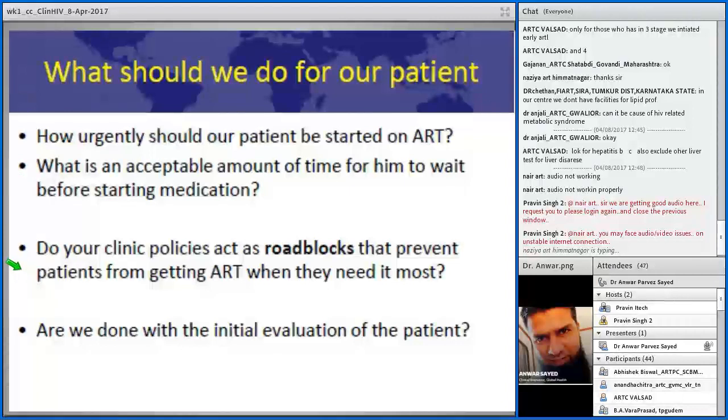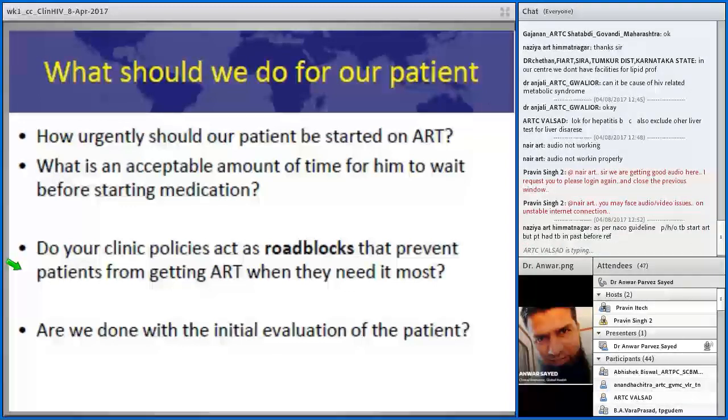But in that also, we need to prioritize people who have a CD4 count of less than 350. There are many reasons why earlier initiation is better, because if you see multiple studies like this trial, you will see that survival is better if you start ART in the early phase of the disease, and also the Temprano trial. This is again a trial which shows that there is a 44% reduction in severe HIV morbidity in patients in whom you start ART early.